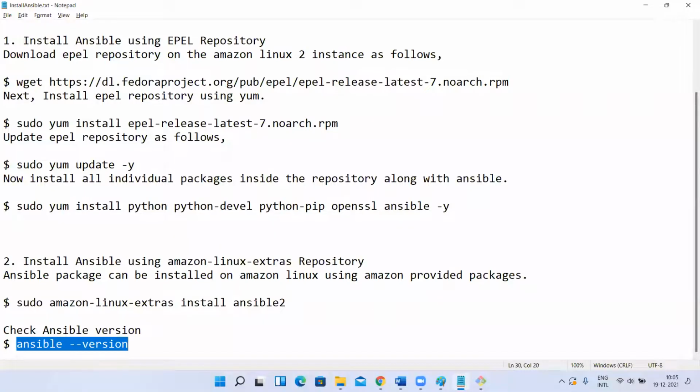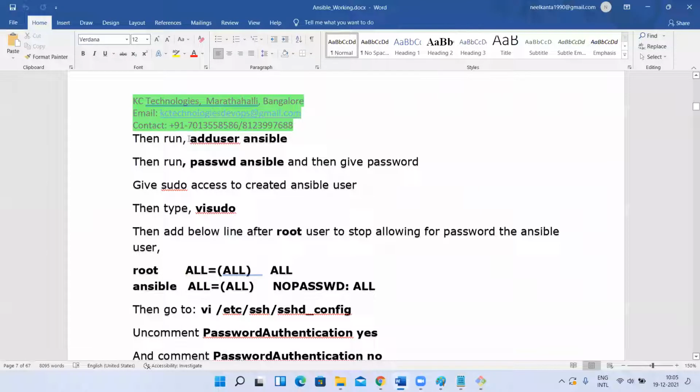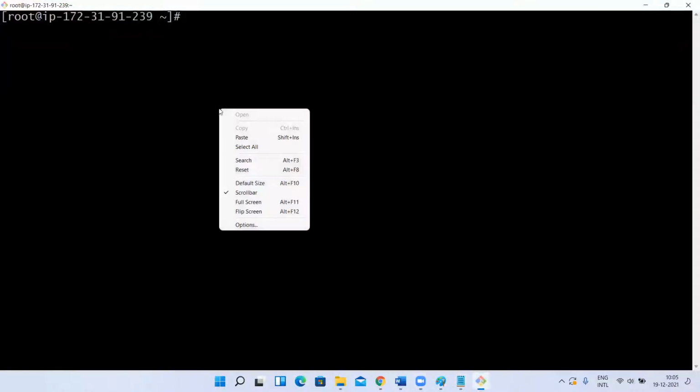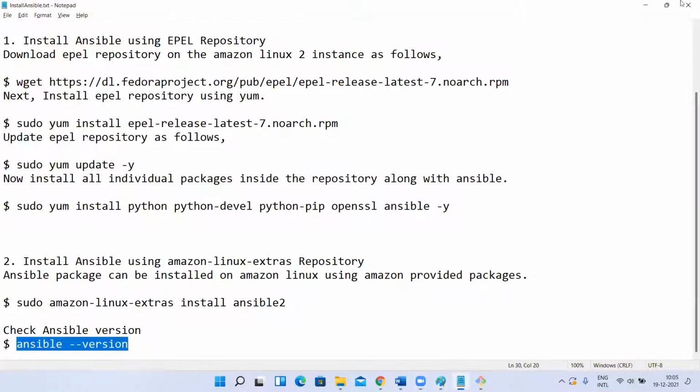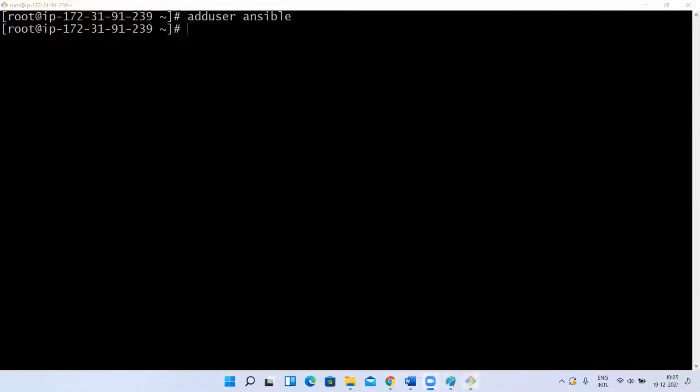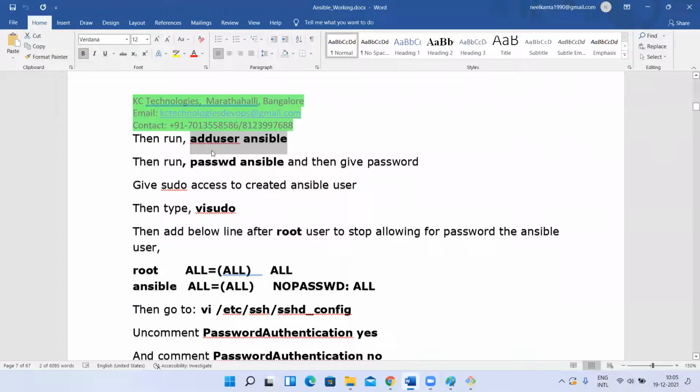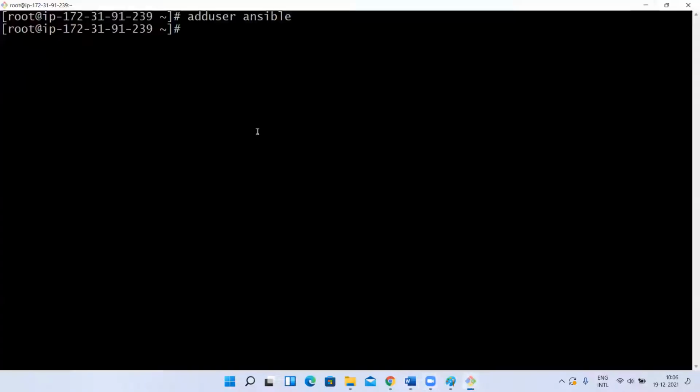Now I have installed Ansible on the master. Now what do I have to do? I have to configure the master also as one of the slaves. So I have to create one user. You can take any user; I'm going to take the user as ansible. Next, for that user, I'm going to create a password, using passwd for the ansible user to set the password. We know how to do that, so I'm going to do that.